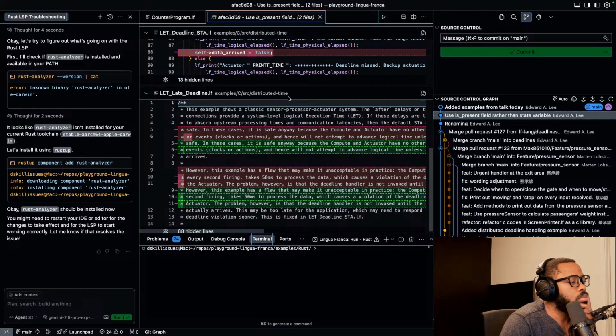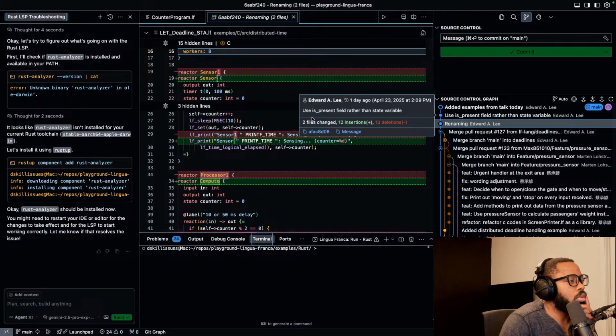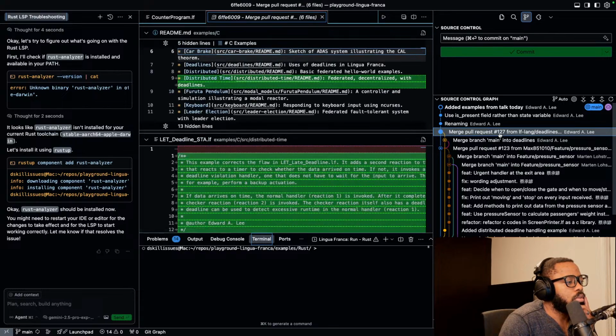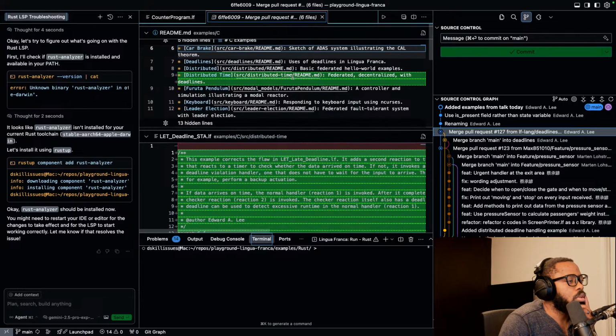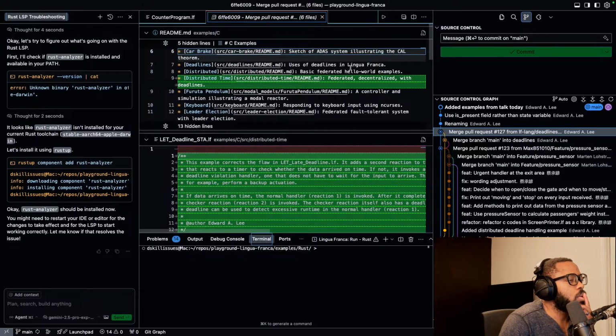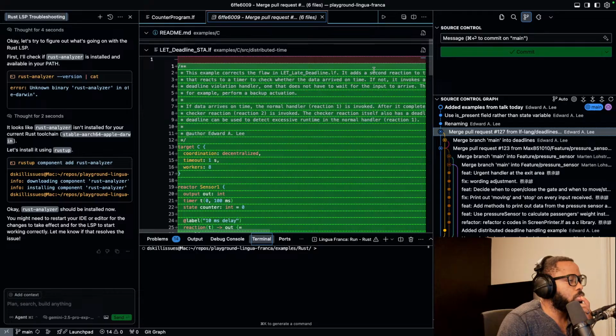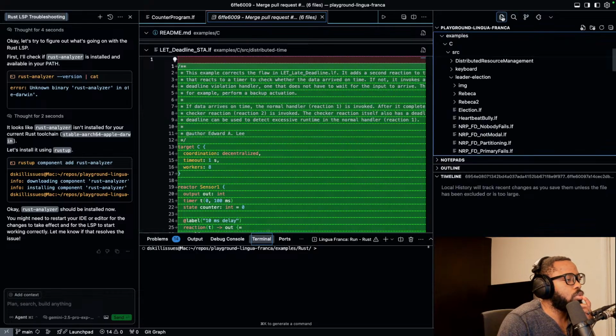Distributed time. Oh, I think these are all for, well, not all of them, but most of these changes are for the distributed time example.